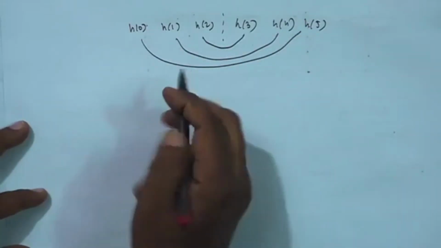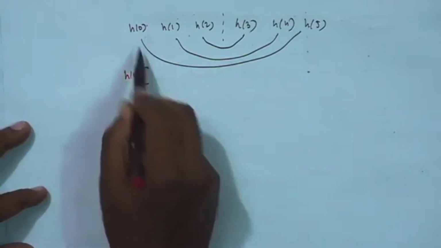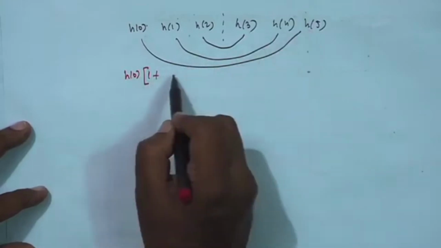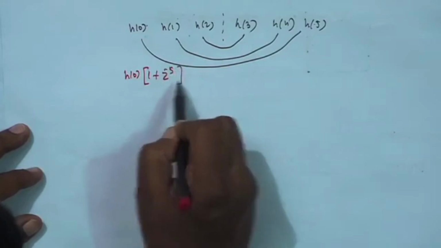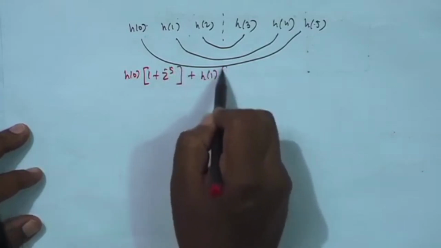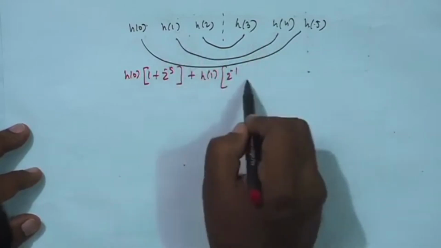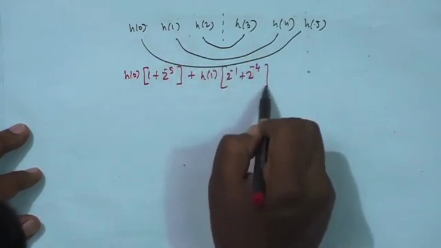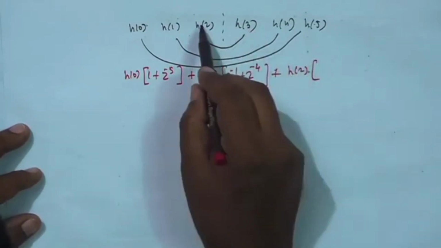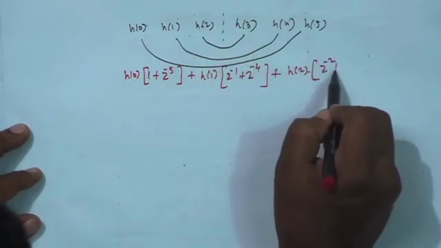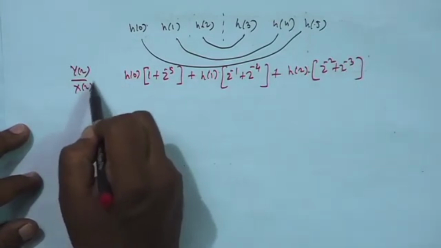So, then you have got, that means transfer function is H0 into 1 plus Z to the power minus 5, since H5 is H0. Then H1 and H4 they are same. So, Z inverse 1 for here and Z inverse 4 for there, and H2 and H3 they are same. So, take H2, Z inverse 2 and Z inverse 3. This is your Y(z) by X(z) transfer function,